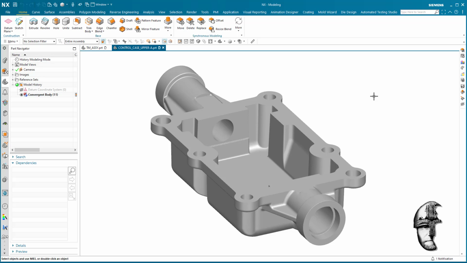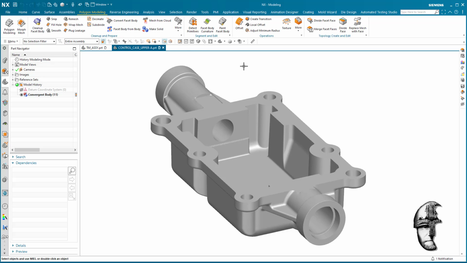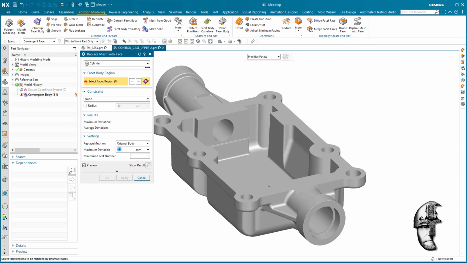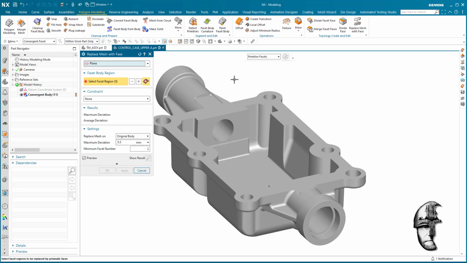So what we'll do is, through polygon modeling, we will replace the top face there, a ceiling face. We're going to replace that with a planar face, and we can see that the highlight of the planar face is the orange face there, and we accept that, and